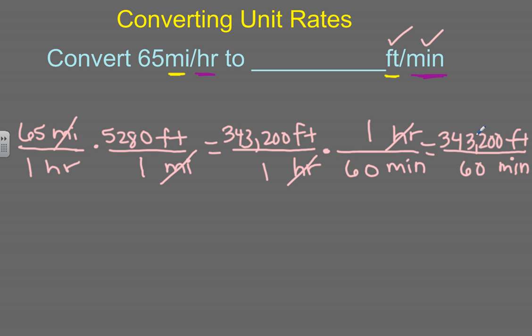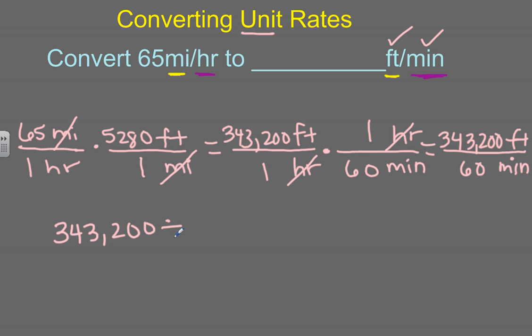So I'm done with my conversions, but I have not found the unit rate yet because remember unit rate, the uni, that prefix there, unibrow, unicycle, means 1. So I want to find feet in 1 minute. So in order to do that, I'm going to view the fraction as a division problem, and I'm going to say